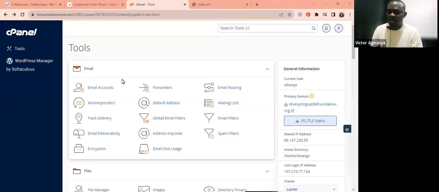All right, welcome back. In this lesson, I want to show you how to install WordPress on your cPanel dashboard. To do this, I'm going to take a few steps. I can either do that from this area here, click on WordPress Manager by Softaculous,